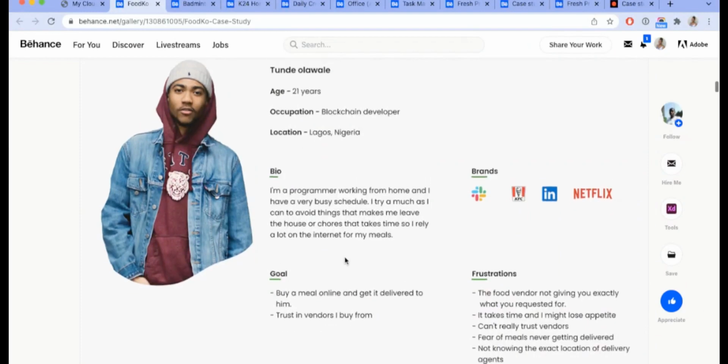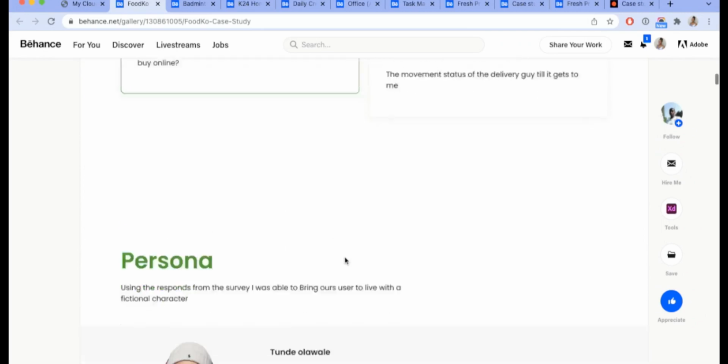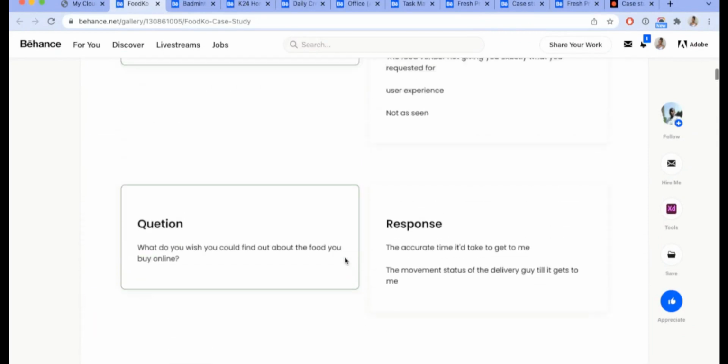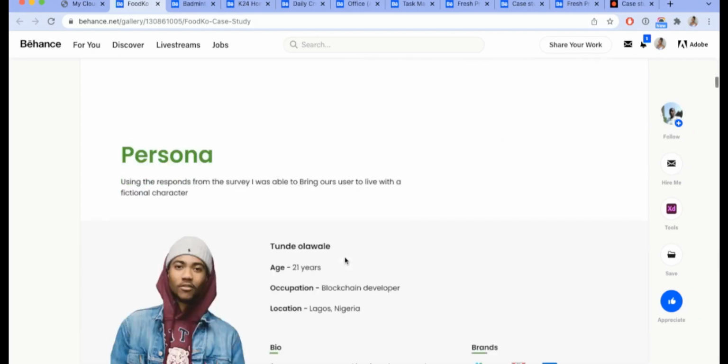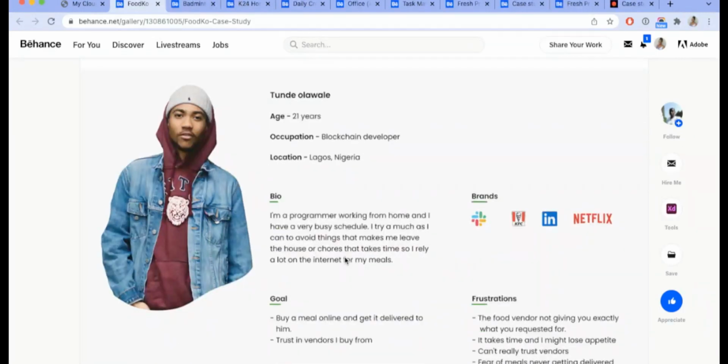My only feedback, I think this is similar to maybe the last project too, is that if you are including a persona, you might be asked where you got the data that helped you conceptualize this persona. Like, how did you identify that this was your target user? So it might help, maybe in your survey, to indicate how many people your survey reached, if you are targeting a specific demographic or a specific community. Because if you're just saying that you did a survey and then immediately jumping into persona, it might be difficult to understand how you identified that this target user is 21 and this is their occupation and this is where they live and this is who they are,